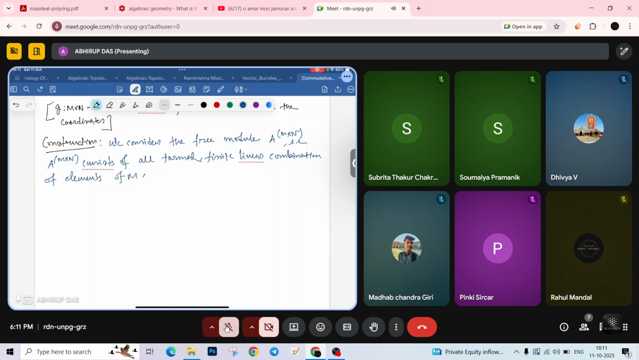Do you understand? What does it mean? How will it look like? Do you understand? So you see, an element